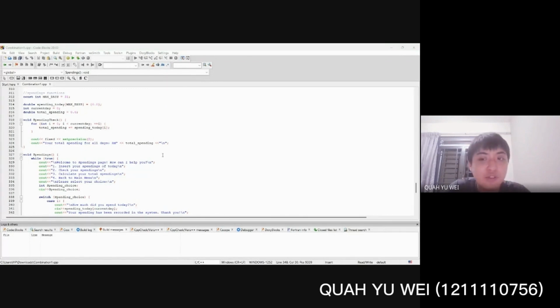So the spending menu has three main functions, which are insert the spendings, check your spendings, and calculate the total of the spendings. Of course, we are also going to provide another function, which is back to the main menu. So the user can choose the function to go back to the main menu and exit the spending menu. These are the main functions for this spending menu. After that, before we start the presentation of this code,